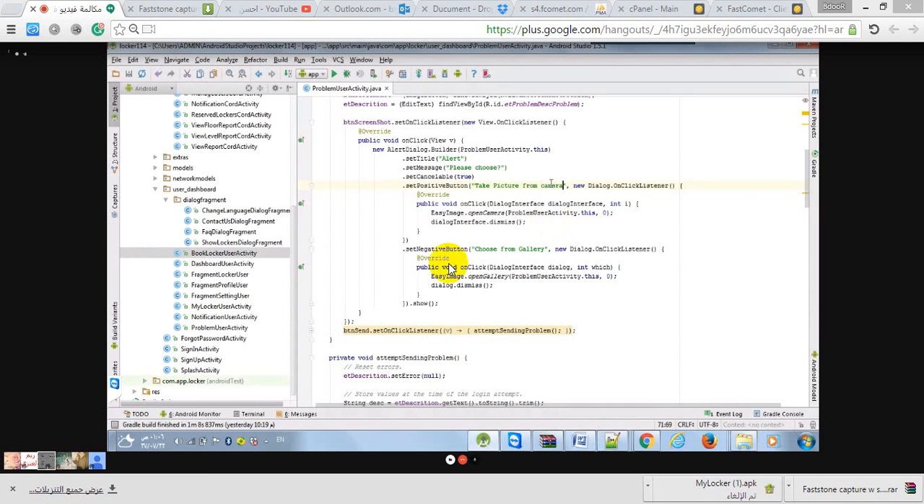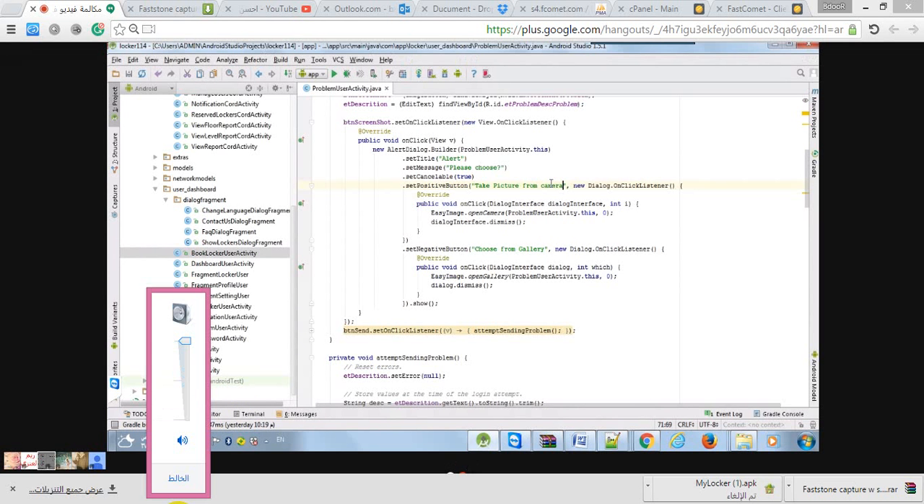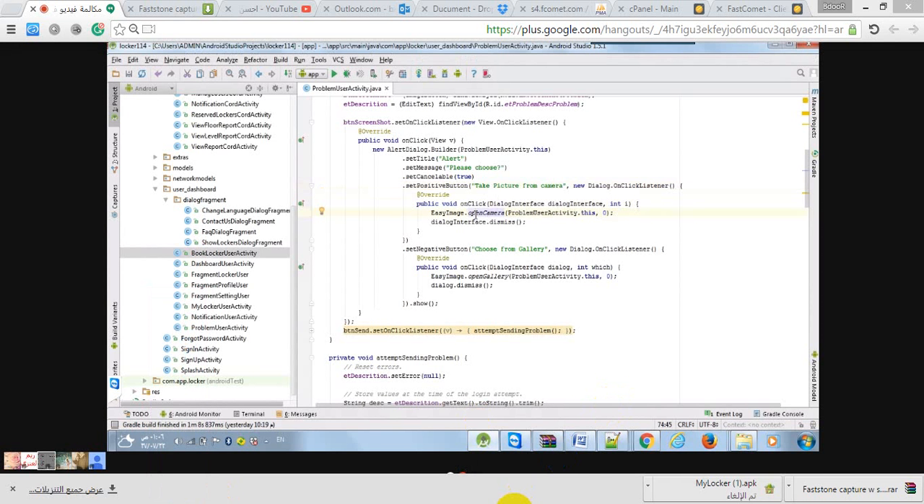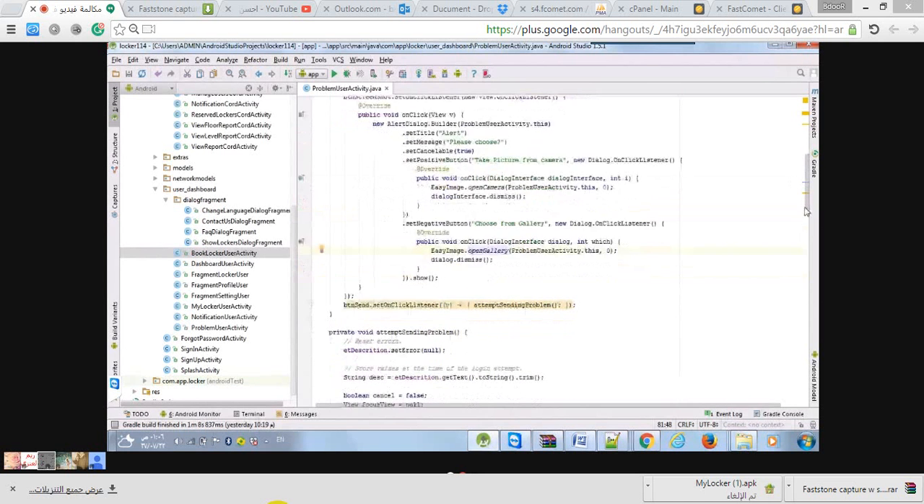Okay, so moving on. If the user selects take picture from camera, this will open up the camera and the user takes a picture. Then when the user hits done, this will save the image and then call the onActivityResult method of this activity. Same goes for the open gallery part. When the user hits done, it will call